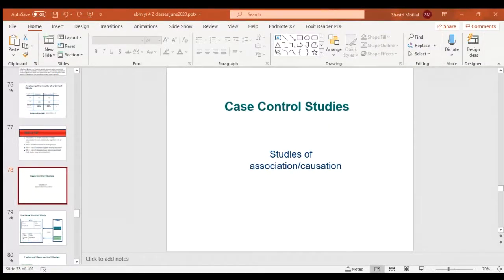Just for some cohort study trivia, just FYI, for your information. Does anyone know of a cohort study that was done in Trinidad? Anyone heard about cohort studies done in Trinidad? In the 1960s into the 70s, there was a cohort study done in Trinidad, and it was a landmark study because it was the first cohort study that was done, or at least the first cohort study that was done